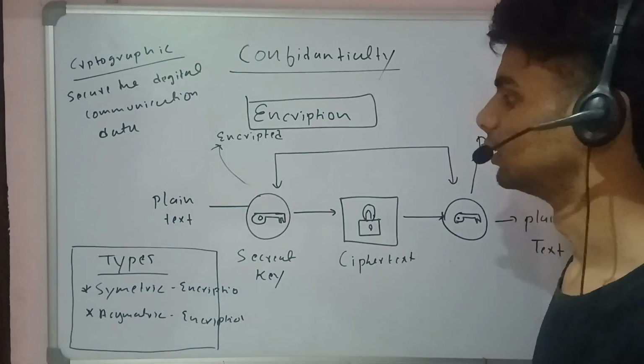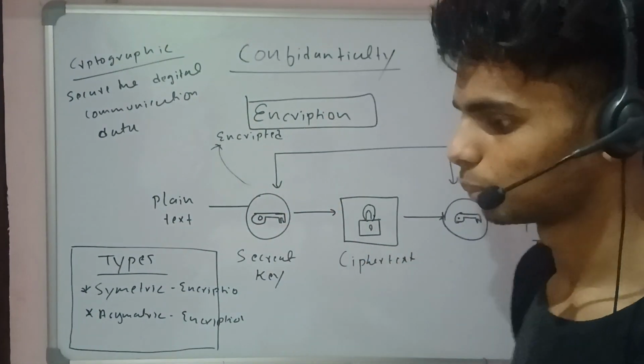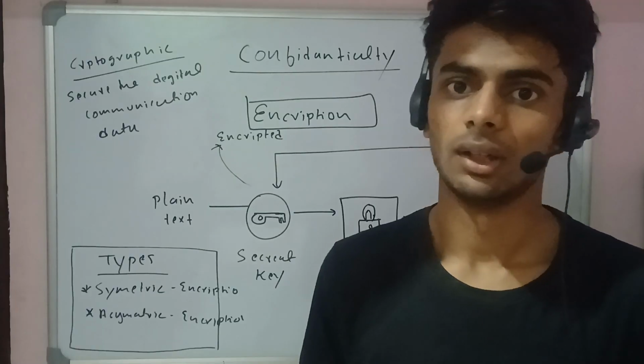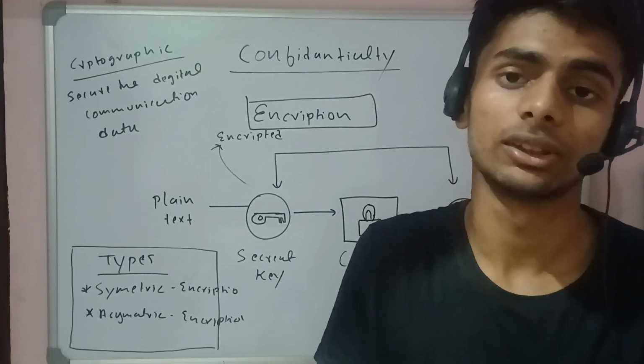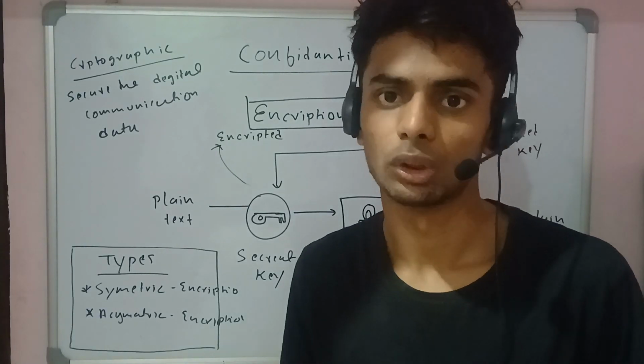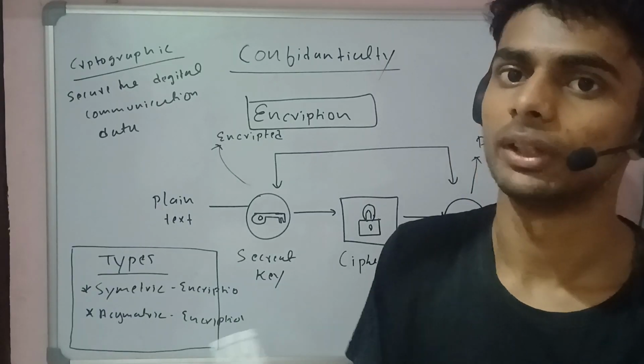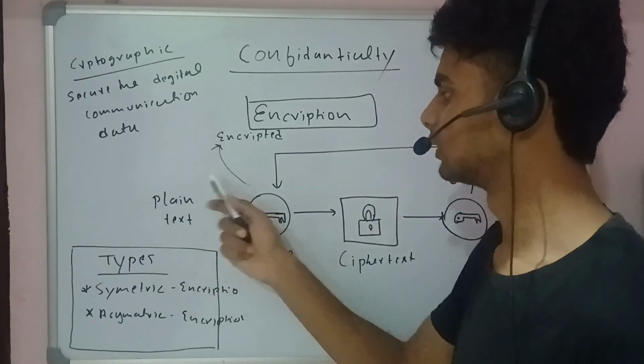Encryption is similar: it takes a plain text. Suppose you want to send some text in WhatsApp. WhatsApp is all about some kinds of data. In WhatsApp, this particular plain text is converted into